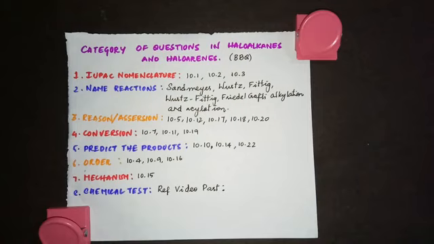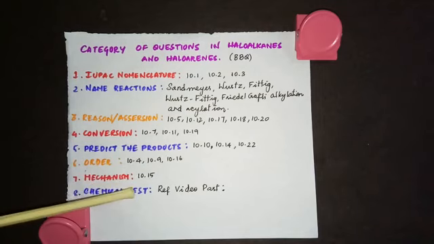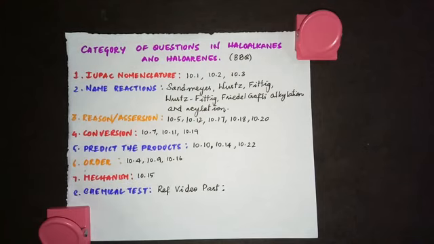And the sixth one is order. What is order? How will you arrange the following compounds in the increasing order and decreasing order of their properties? 10.4, 10.9 and 10.16. The seventh one is mechanism, the path of the reaction from the reactants to the products, that is 10.15. The last one is chemical test. In this category we don't have any book back questions. You can refer the video that I've taught in the chemical test to distinguish between pairs of compounds in part 12 video of haloalkanes and haloarenes.